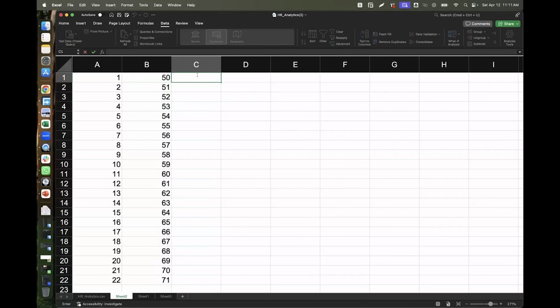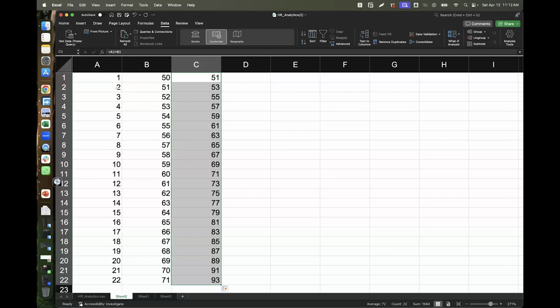To start a formula, we type equals to in the cell, click on this cell, put the mathematical symbol we want to use, then click on this again, and then just press Tab. You will see that it gives me an answer here. Now, if I want to replicate this same formula down to the final one, all I need to do is drag it downwards, and it will give me the answers, 52 plus 51, 53.